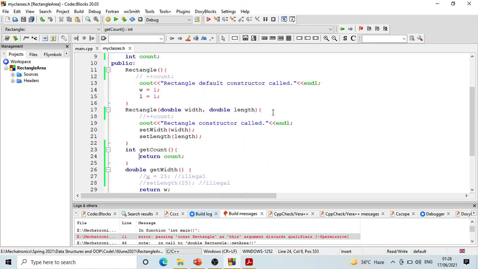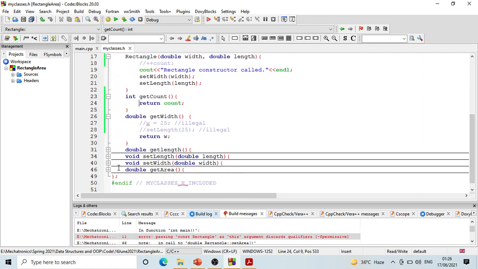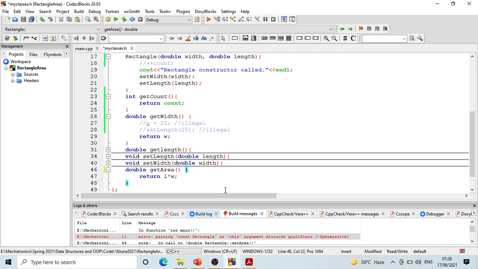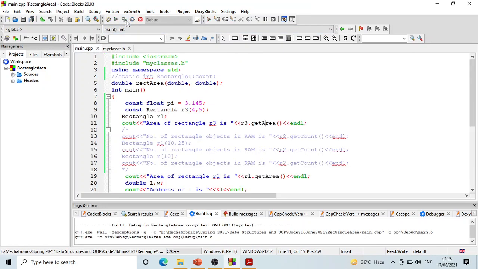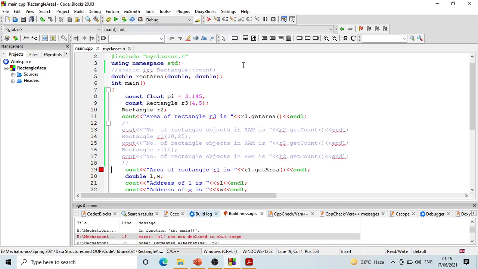और वो हम कैसे कह सकते हैं? So this is the get area function, and it does not change the state of the object, so we say get area and then we use the keyword const, ठीक है। So we make it explicit, we say कि get area is a const member function। Now if we build and run this code, at least ये statement हमें error नहीं देगी, ठीक है।